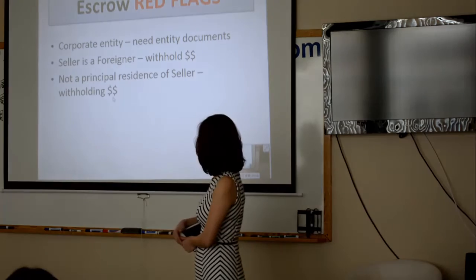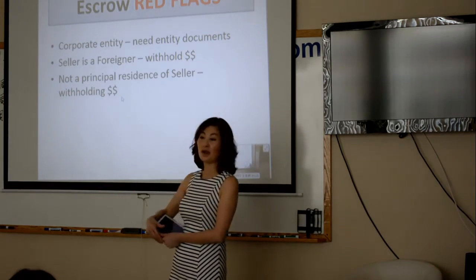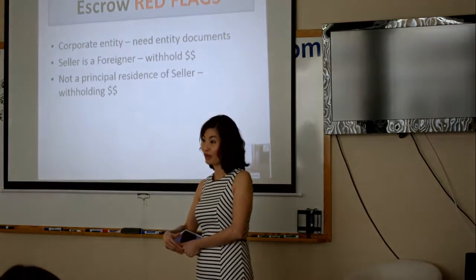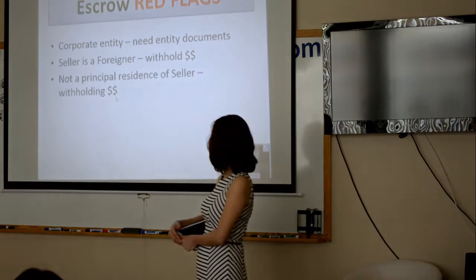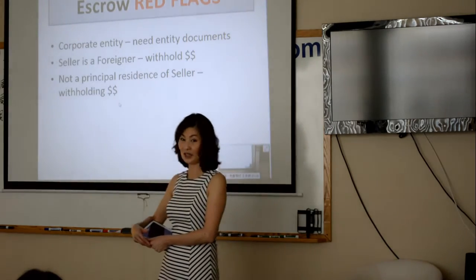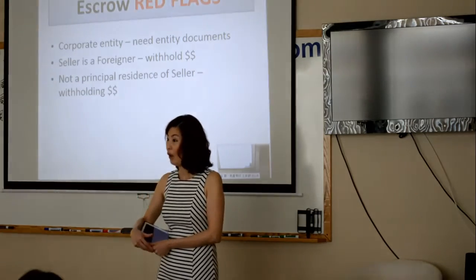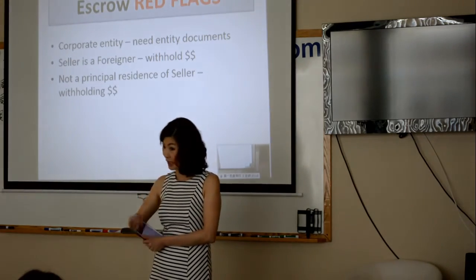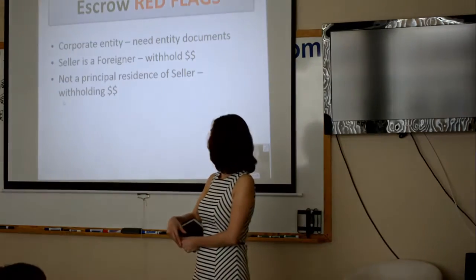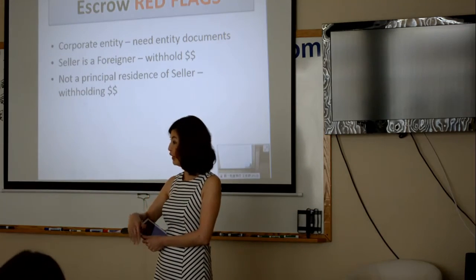And for the state, it is 3.33%. So that's 30-something thousand, right? So if you represent the seller, make sure you ask them ahead of time if they are a U.S. citizen or if they are a legal resident. If they have a green card, they are fine. No need to withhold. But if they are a foreigner, we need to start talking to them about their funds